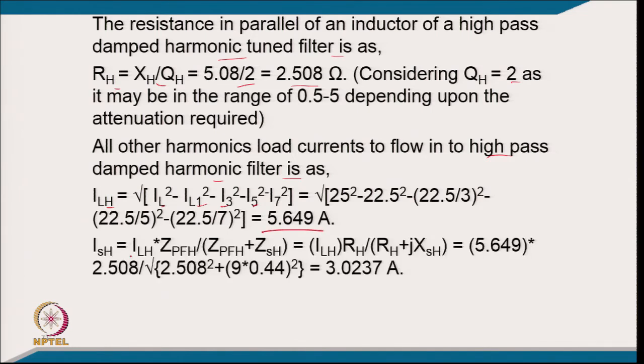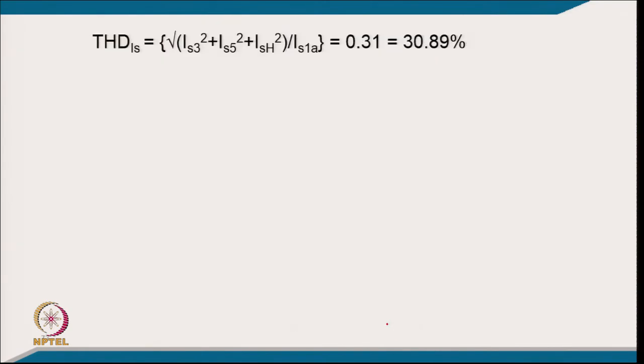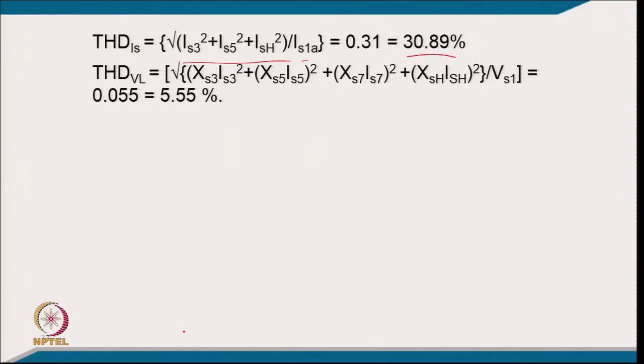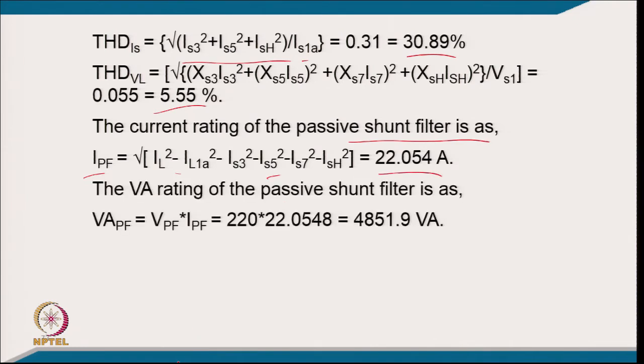5.649, and the filter current into the supply will be, putting the value, 3.0237 ampere, and the high pass voltage will be, multiplying this, 11.97 volt. The THD of the supply current, putting all the current divided by the fundamental, comes 30.89, and the voltage THD will be corresponding to the value 5.55 percent. The current rating of the passive filter will be corresponding to this relation. It comes 22.055 ampere, and the VA rating of the passive shunt filter, V into I_S, comes